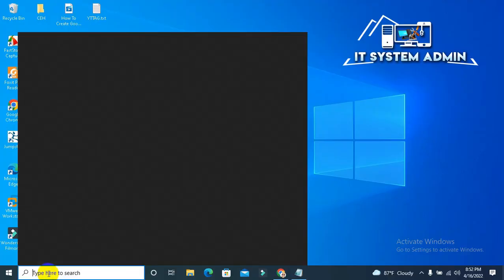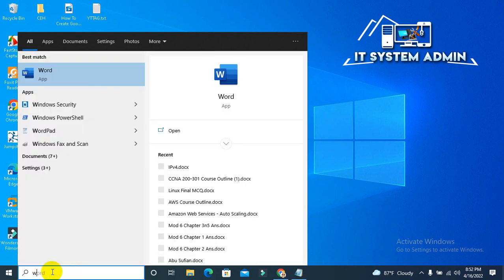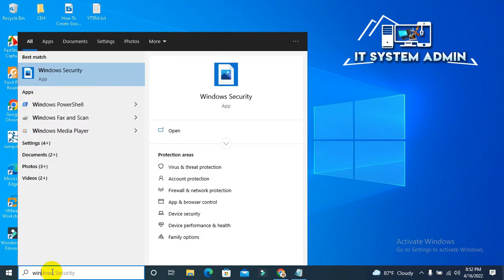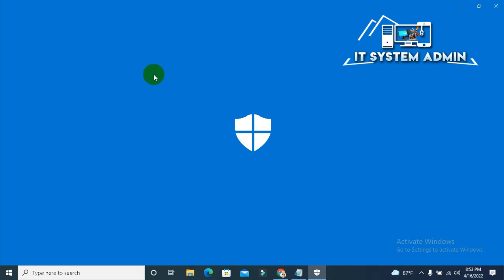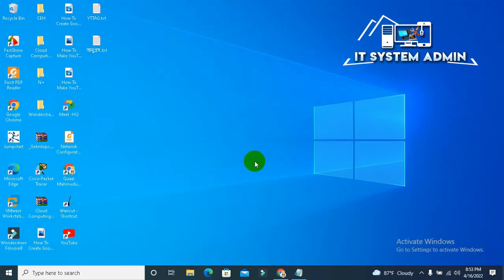Hello, I am opening Windows security. Click on Windows security. Look, I cannot open Windows security and it is not working right now. The Windows security would not open, and that means you would not have access to process and operation related to